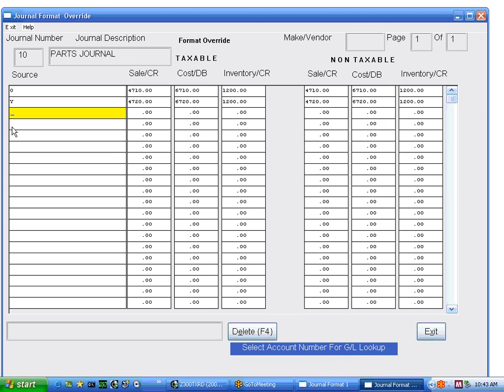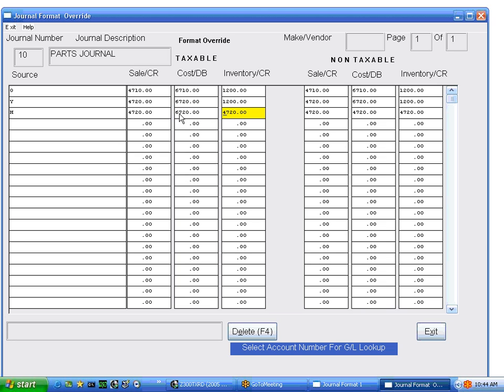So if I wanted to separate Honda, for example, I would actually type in the Honda code that's in the inventory system, because it's going to search that POTS invoice and pick out these vendors before it goes to that first screen. I would type in the number here. I'm just going to use the same number as above, just for an example. And it's important, you need to key in both of these, because obviously if you're doing a non-taxable sale, do you want to have separate accounts or not? There again, normally this would be a separate number. That would normally live like 4730, or obviously this here wouldn't be my sales account. That would be